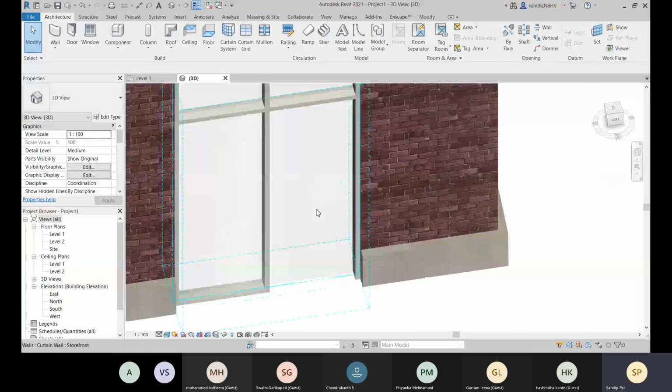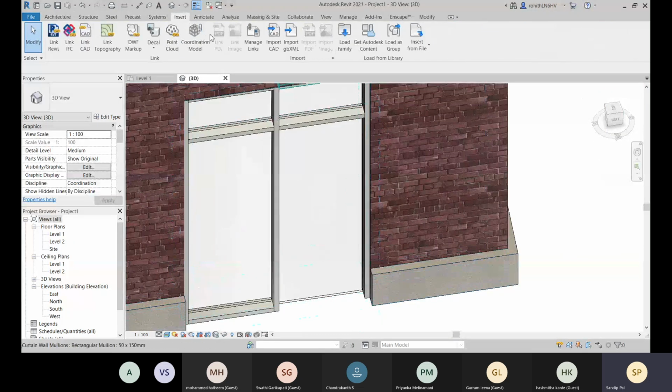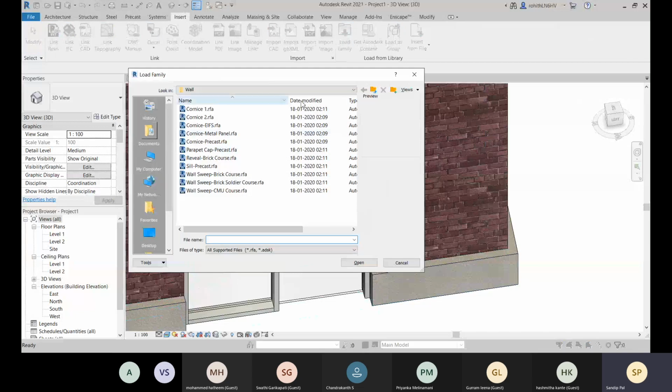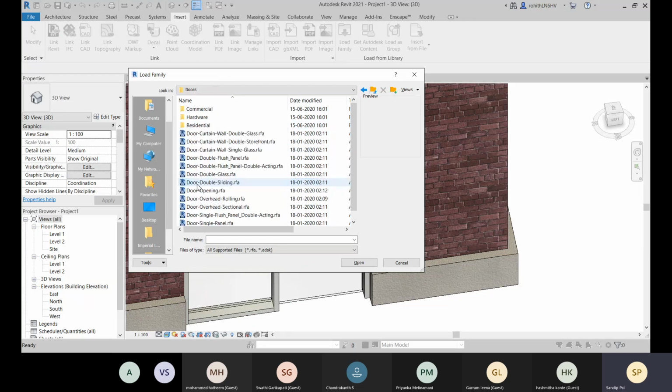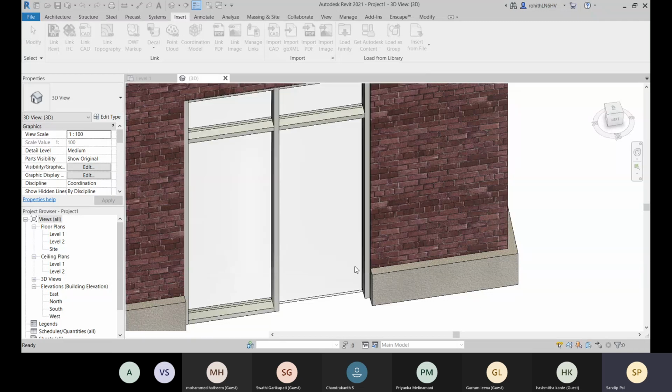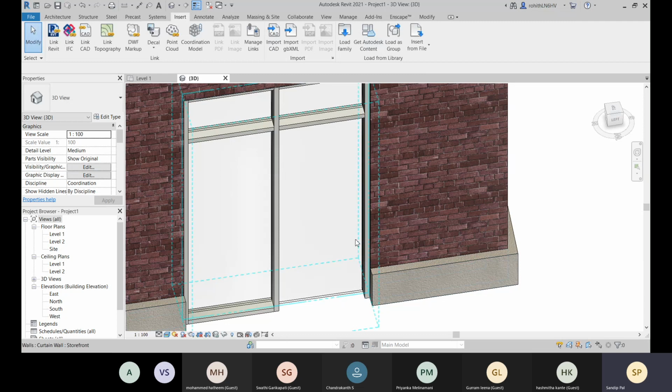Just give me 1 minute. Go to insert and load family, and then come to doors, and there you have this kind of doors. Let's go with this door curtain wall single glass and click on open, and it is loaded right now.